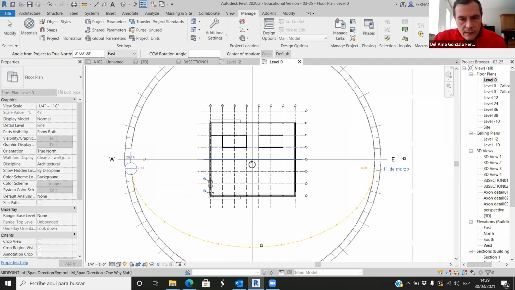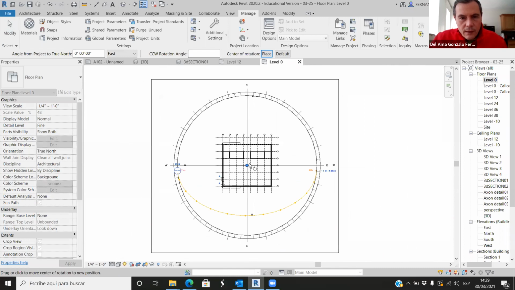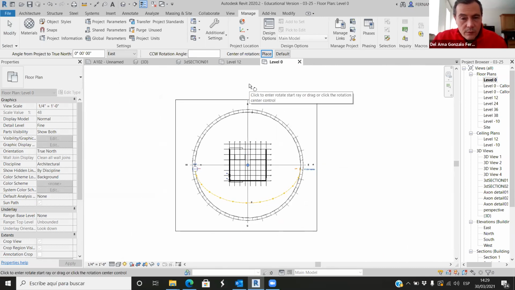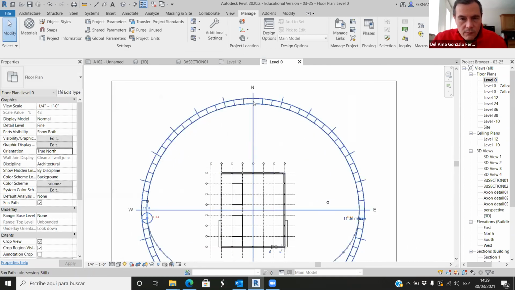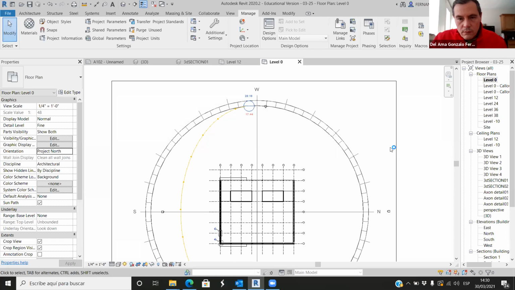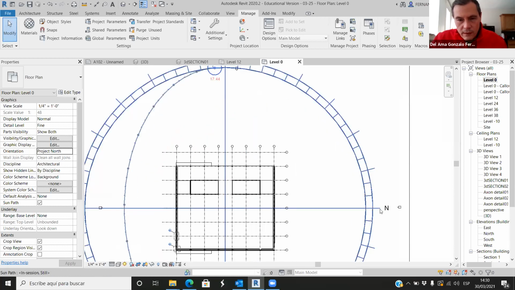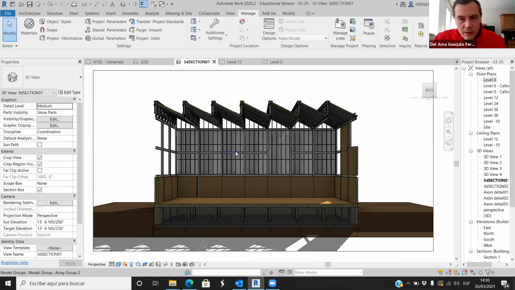I place the center here. And now I always make a mistake. I think going this way, I will rotate the north 90 degrees. No, I think I did it. Yeah, so now the north has to be oriented to this side. Now I change to Project North. And yeah, the north is here. And if I change the section,